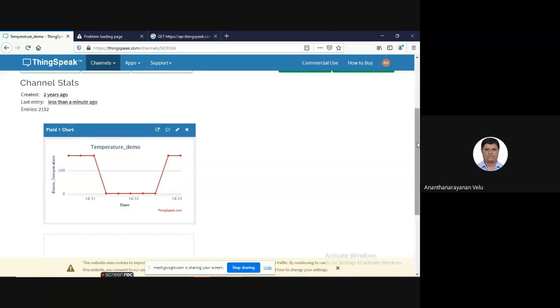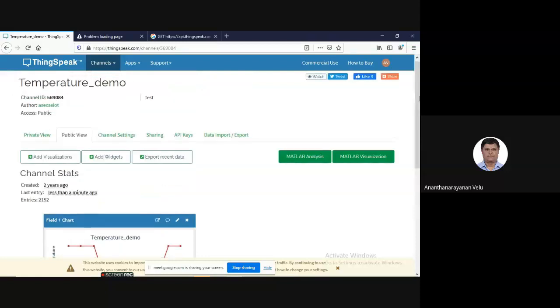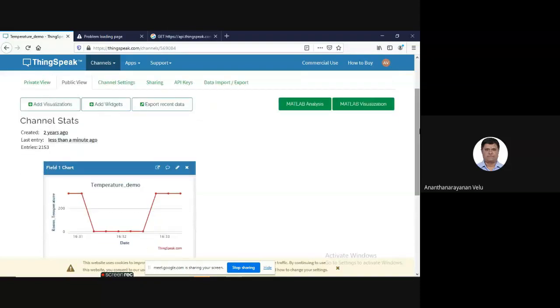I hope there are any queries from your side. I had explained the hardware wiring, I had explained the code, and I had explained the UI part in ThingSpeak also. Any doubts or queries from your side before proceeding further? So it's regularly updating, right?